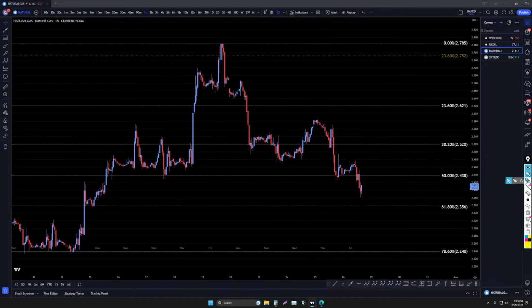But man, like I said, if it rejects this structure level, then that's going to be a really, really good sign that it is a wave C. If it doesn't reject that structure level and it does end up starting to close candles down here, and maybe even down here, then I would say that's definitely not a wave C. So keep an eye on it. I mean, if it rejects this fib level, maybe it will go up. Maybe it still is an ABC correction. Just be careful.